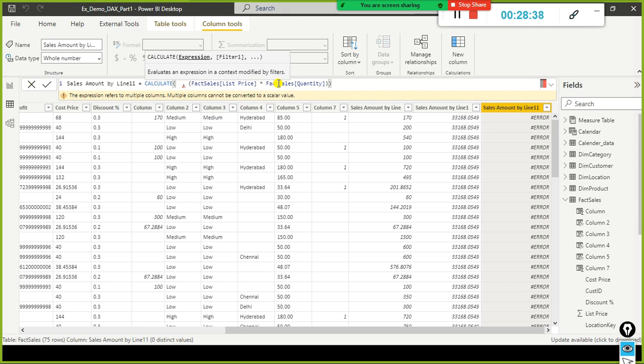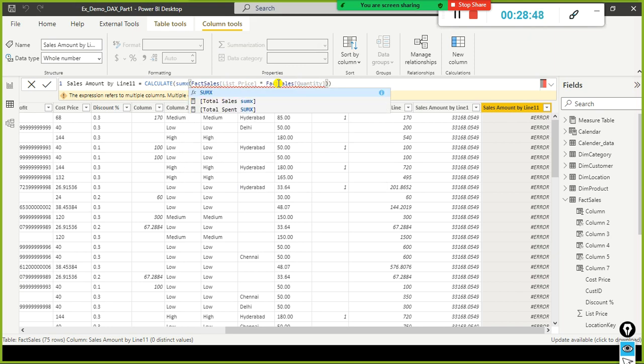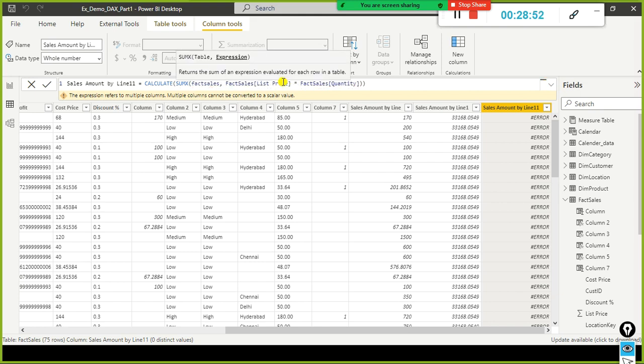Okay, here what I do is fact sales. Can I give it like this, or let me do one thing, sum of fact sales. See, the expression refers to multiple columns. Multiple columns cannot be converted to a scalar value, right? So what I am going to do is